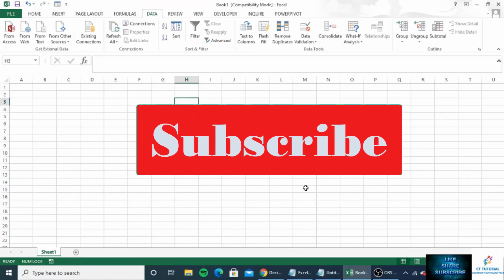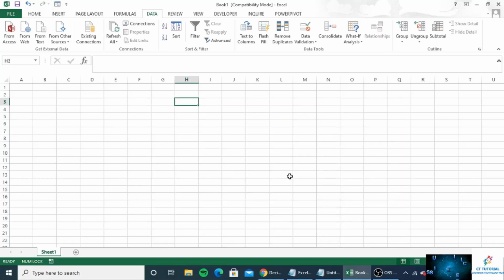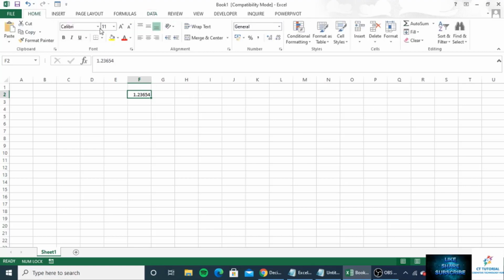Place for a numeric value without changing the actual number. Let's see, suppose you have a number like this and you don't want to see all these decimal places, so you can reduce it by clicking on the Home tab, and you can use this number function. Okay, so inside the Number group you can see the Increase Decimal and the Decrease Decimal option